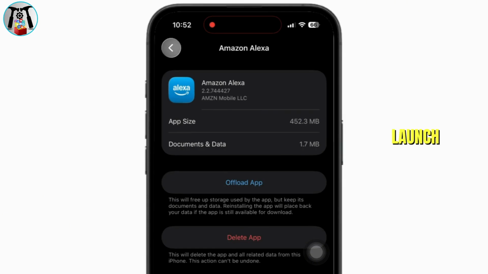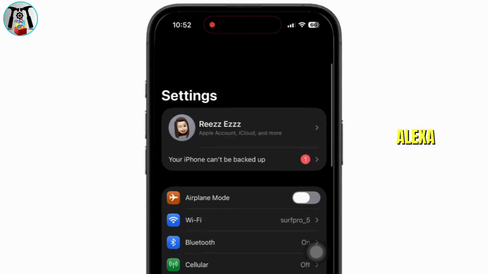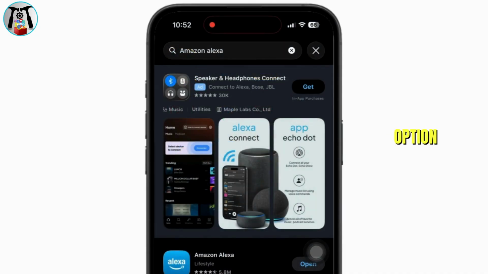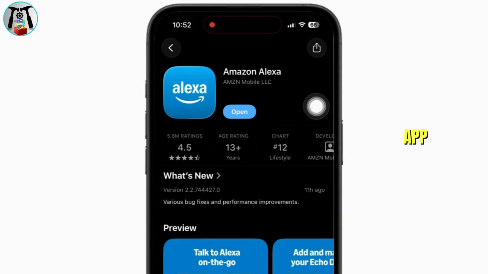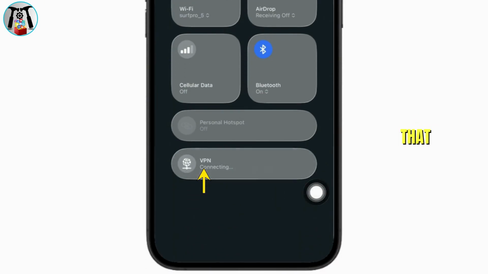Next up, head back, launch your App Store or Play Store. Search for the app Amazon Alexa. Once the app appears, if you see the option of Update, click on it and update the app to its latest version. Next up, check if you are connected to any VPN, proxy service, or a security application that could interfere